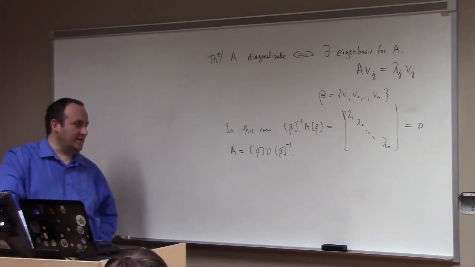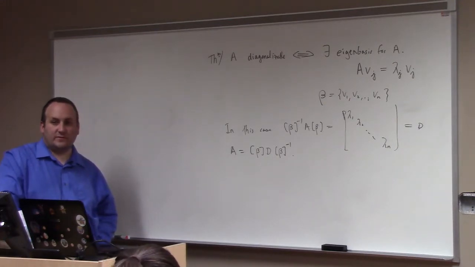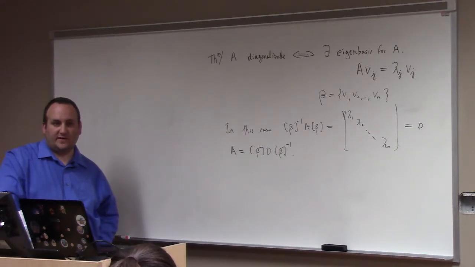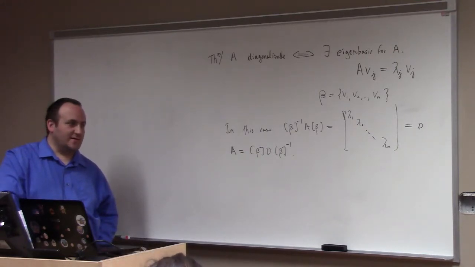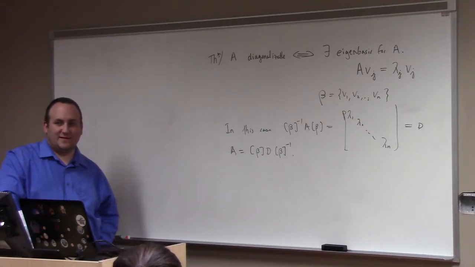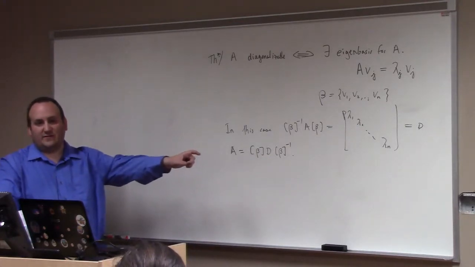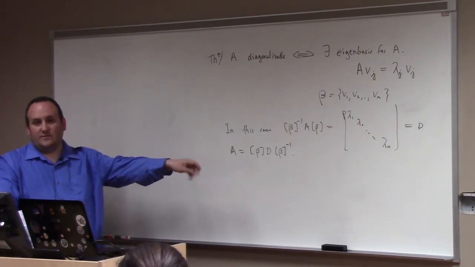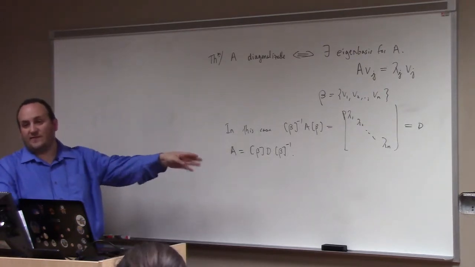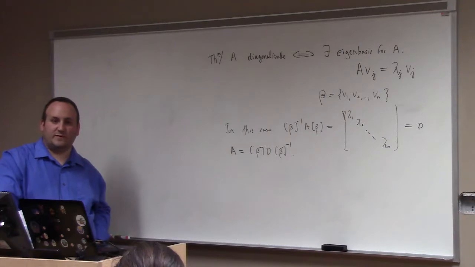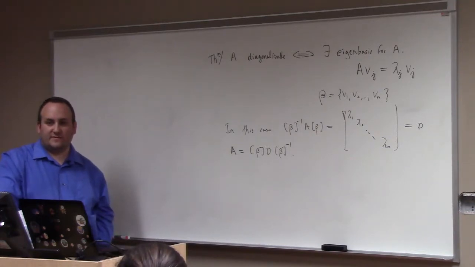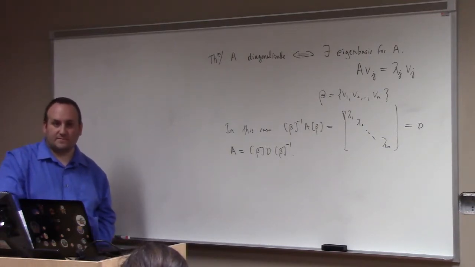Yeah. I asked the question, when are two matrices similar? Which is similar to asking the question, when is a given matrix actually the matrix for a transformation with respect to different choice of bases? So I've got some linear transformation on a finite dimensional vector space. I choose two different bases. They both represent the same transformation. What's the relation between those matrices? The answer is similarity transformation. That's what it is.